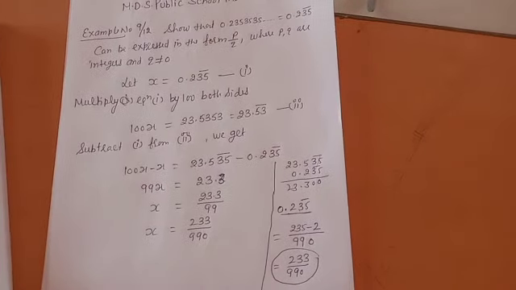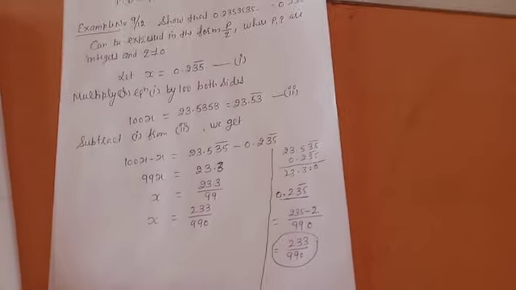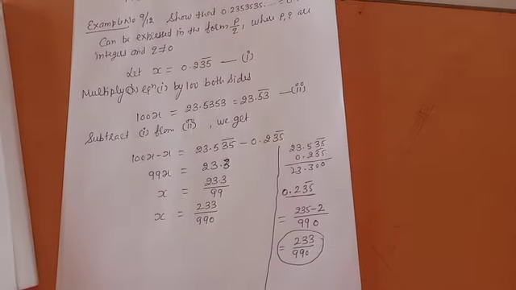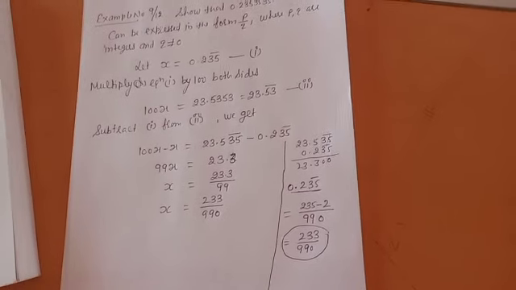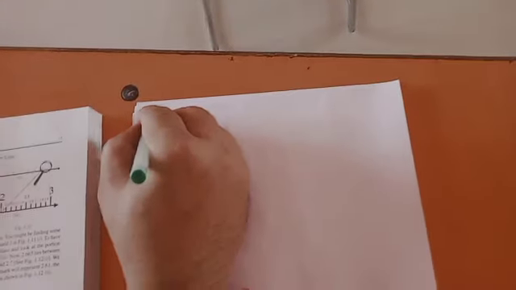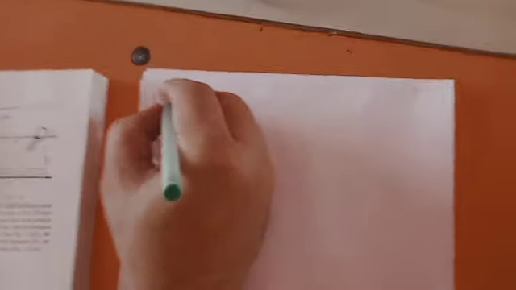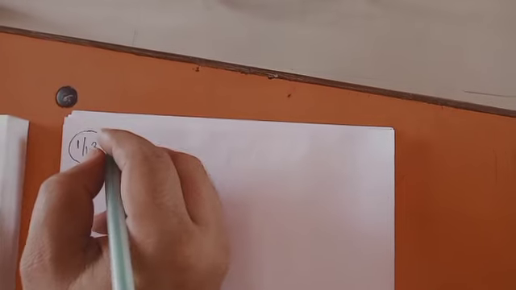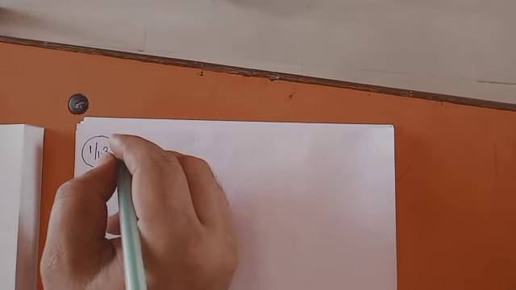Now come on, exercise. Otherwise, example number 10, at least try at your home. If you don't understand, I can tell you. Now come on, exercise. Which exercise? Exercise 1.3. Yesterday I told you to solve the first question. Question number 1, exercise 1.3: write the following in decimal form and say what kind of decimal expansion each has.